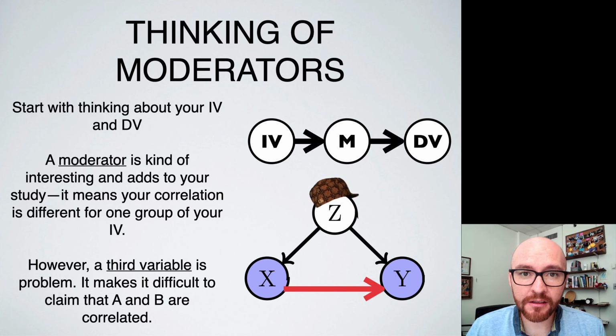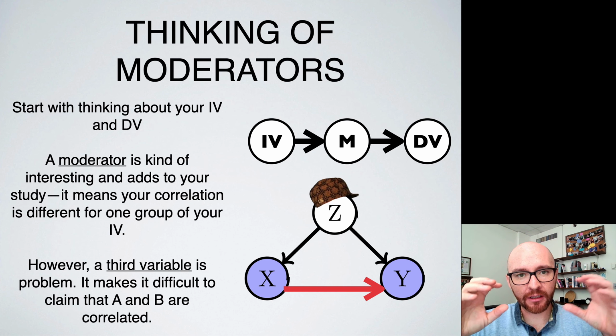Okay, so this is going to be a short video. In this video, I'm going to focus only on describing what a moderator is. So a moderator, in terms of a bivariate correlation, so keep that in mind. When we're dealing with two variables, a bivariate correlation, a moderator is a variable that changes that relationship between